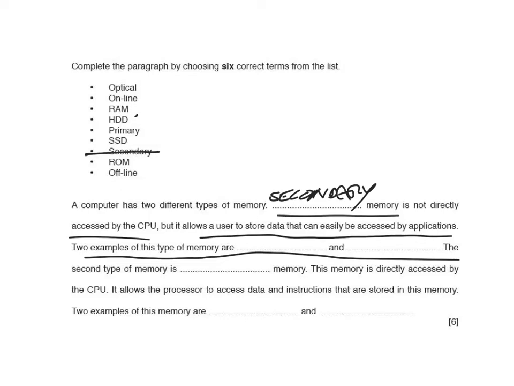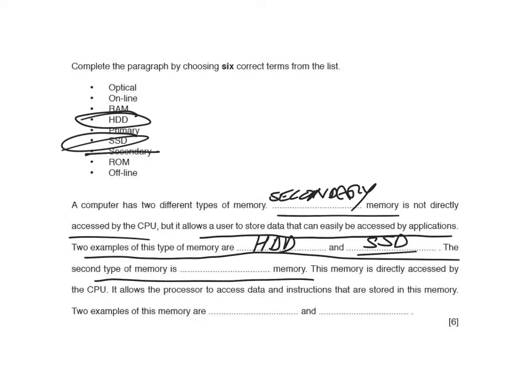Two examples of it are HDD and solid state devices, so we get HDD and SSD. The second type of memory is the one directly accessed by the CPU, so the directly accessed one is